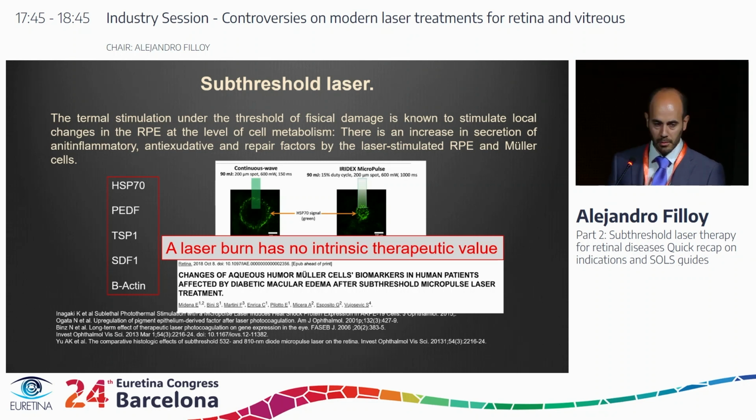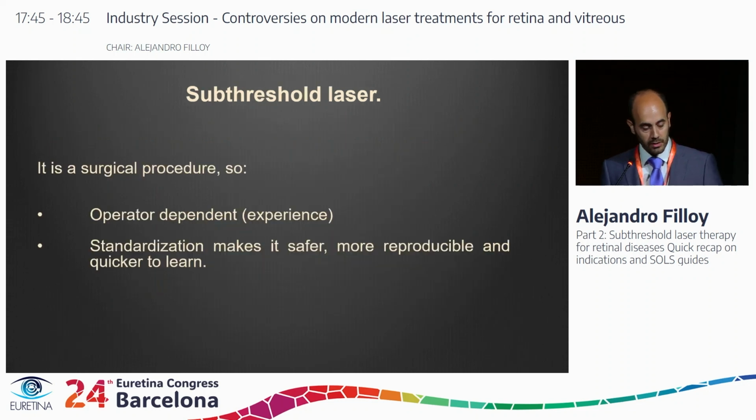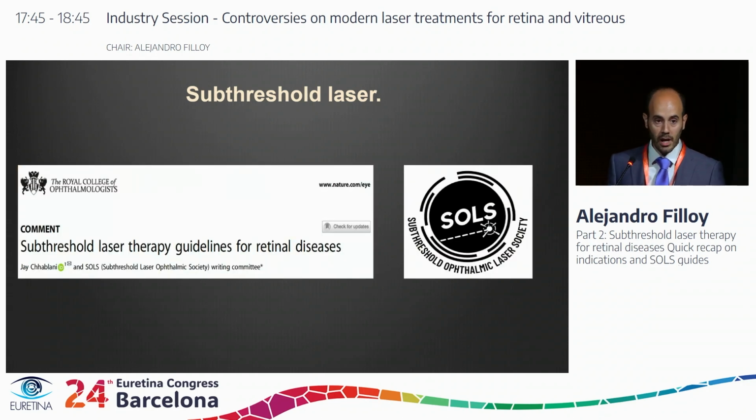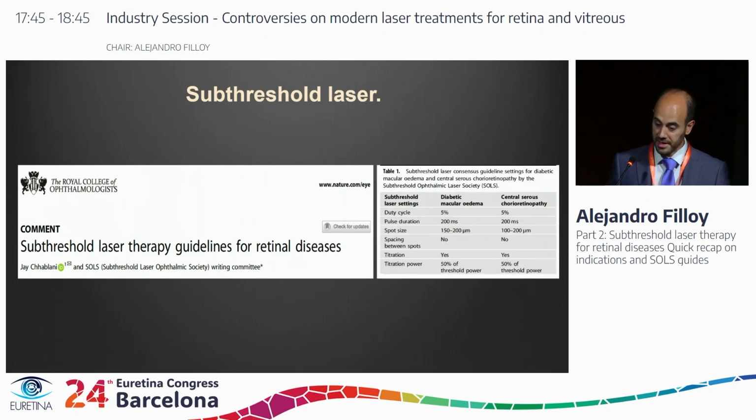We are talking here about macular laser, of course. PRP, retinopexy, they work in a different fashion. So when performing subthreshold laser, you are performing a surgical procedure. So it's operator dependent, and standardization makes it safer, more reproducible, and quicker to learn. And that's where protocols come in. A few years back, we created the Subthreshold Ophthalmic Laser Society in order to bring a little bit of order in this rather chaotic world that is subthreshold laser. Our first work was hence these